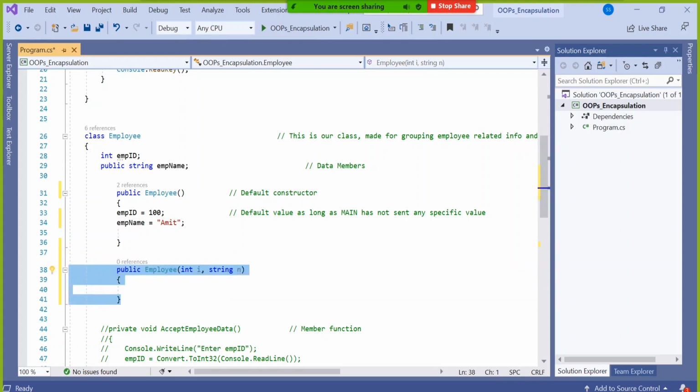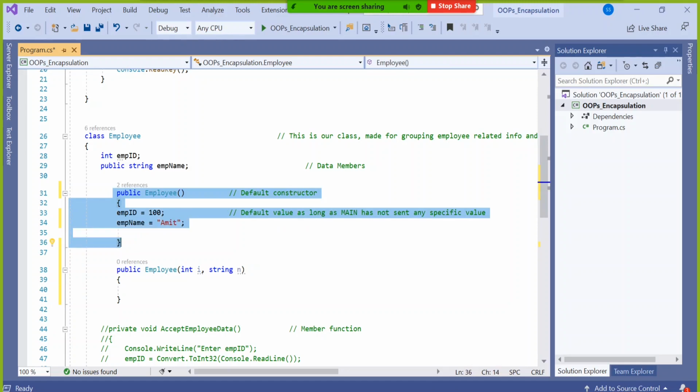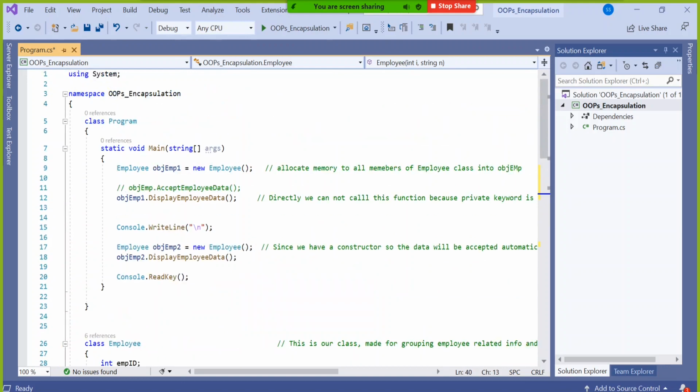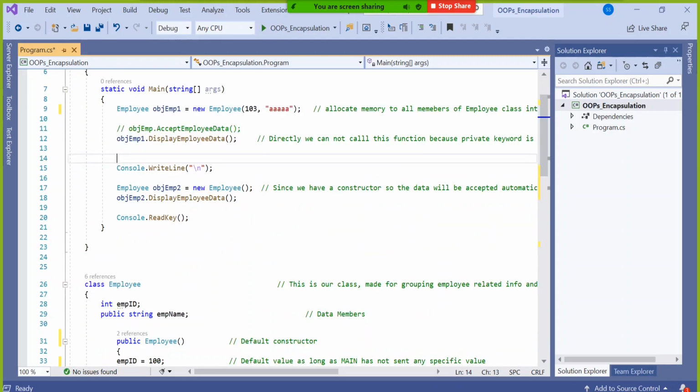But that constructor is for setting up a default value, and this constructor is for setting up the value my main is supplying. Suppose main supplied that okay, this object is for employee ID 103 and his name is AAA. And this guy is the second employee object, having employee ID 105 and his name is BBB. Make sense? So we can supply from here within the brackets.